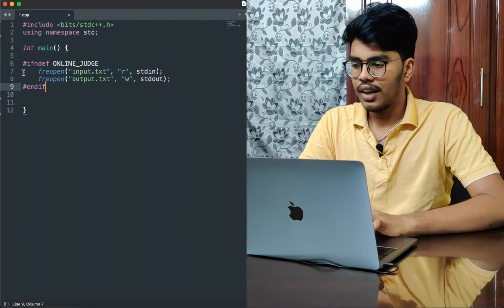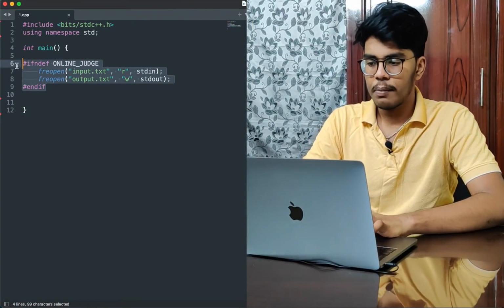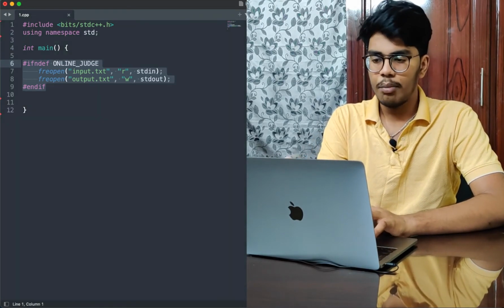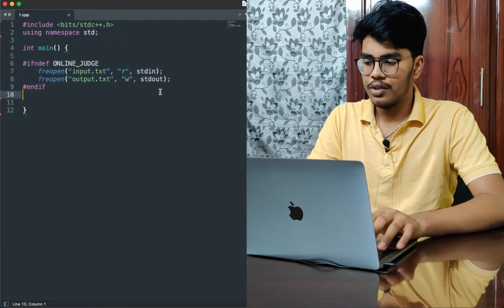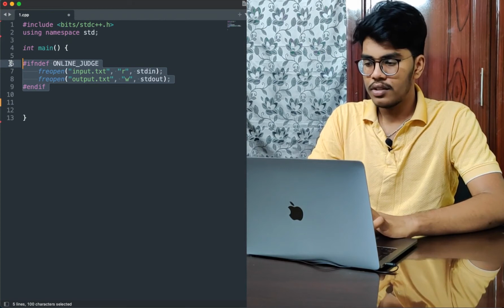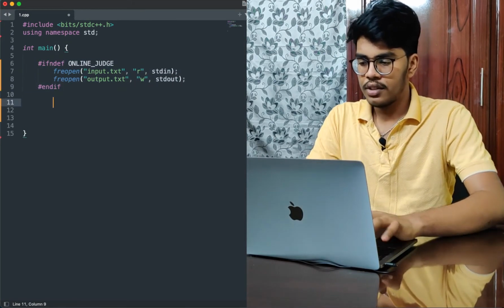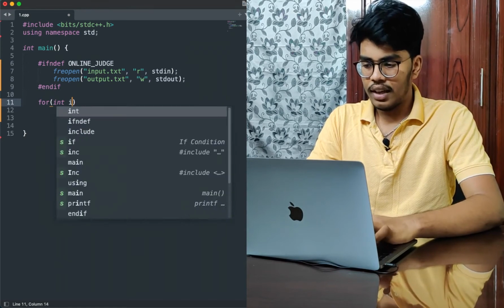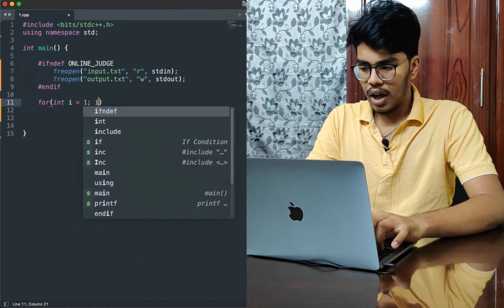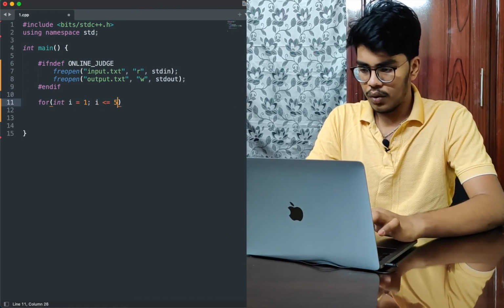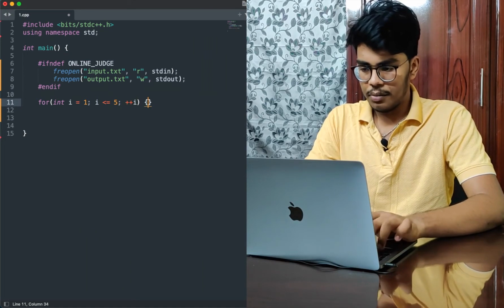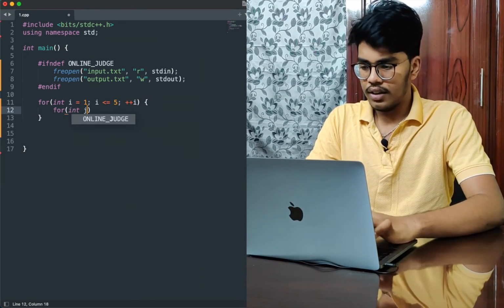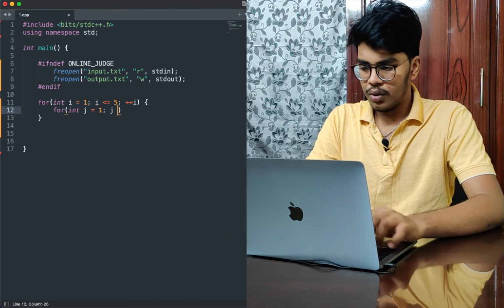This is our code editor, and this part is for testing the code with input.txt and output.txt instead of using the terminal. Let me give a tab space for this. So how do I do this? Basically, for int i equal to 1, i less than or equal to 5, i plus plus, for int j equal to 1, j less than or equal to 5, j plus plus.